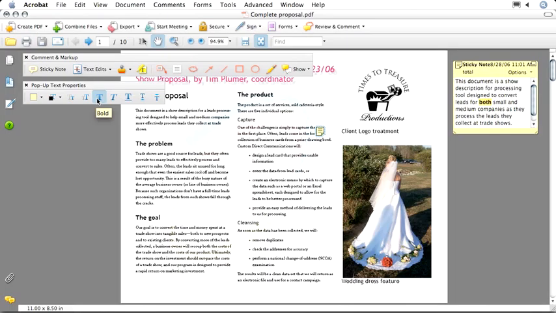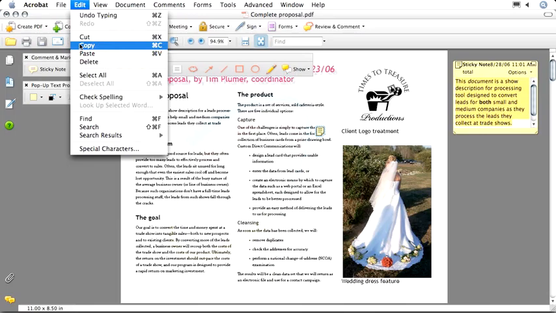The reason that Adobe gives me the ability to edit structural things is because as a text editor, it can be very, very important for me to bold this particular item. And instead of having to write some tag or write a different note to indicate that it's bold, I can bold it right here. When all is said and done, and I've applied a little bit of formatting, I've perhaps italicized a word by clicking italics, I can then copy the text out of here and choose Edit, Copy,